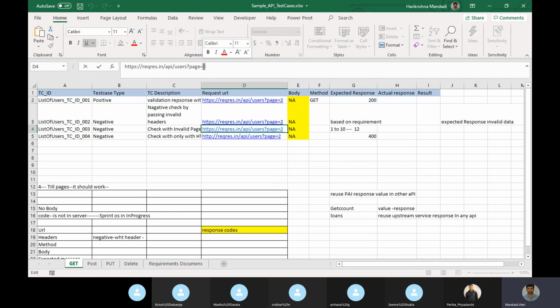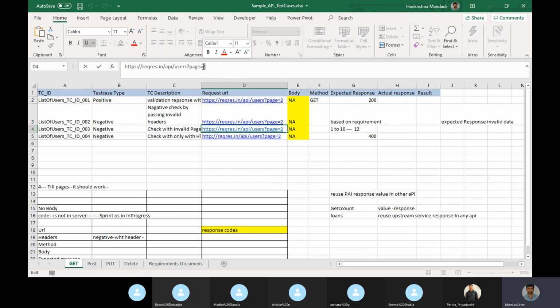Users may or may not be there; if they are there, they will come. But if they say some limitation is there, we need to check that limitation. If they don't have a limitation, that is a different case. We can also check by giving, instead of a number, a b c d. What should happen? It should not give me a list of users. Correct, right? There are no pages.